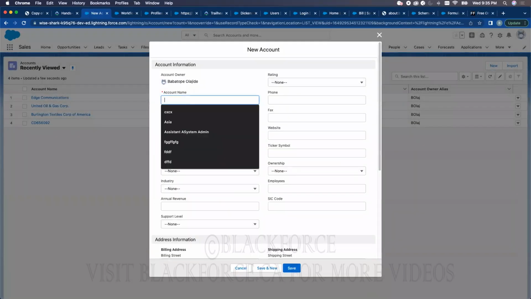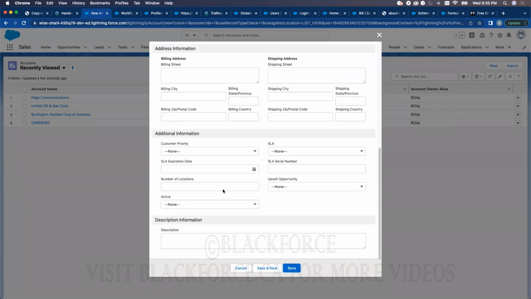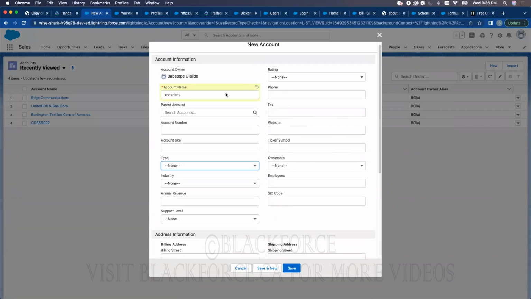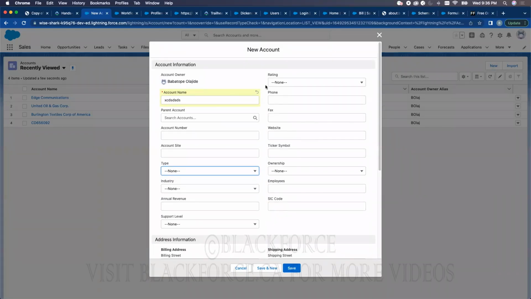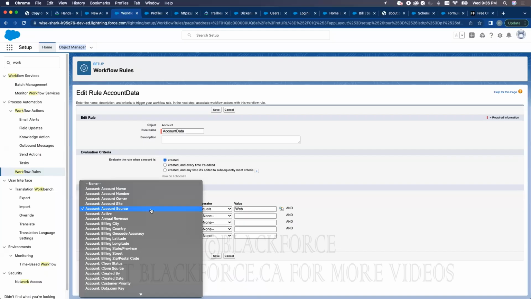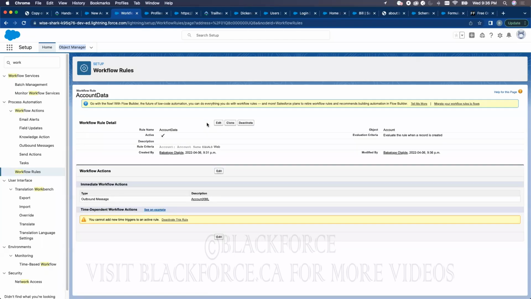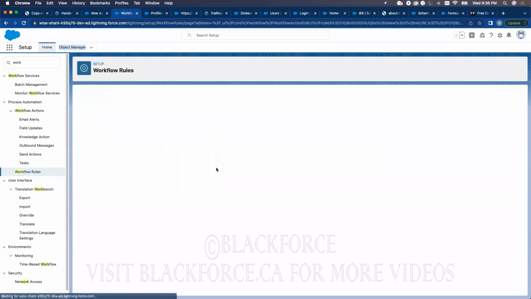Okay. So what would normally happen is you will create an account. And once you create an account, for instance, you would have whatever attributes, but the most important thing is web, right? The source. Where's the source field? I don't think we have source on the view. Okay, what I'm going to quickly do is change the entry criteria to name, okay? If it is Black Force, I want to send an outbound message, and maybe I want to create a task